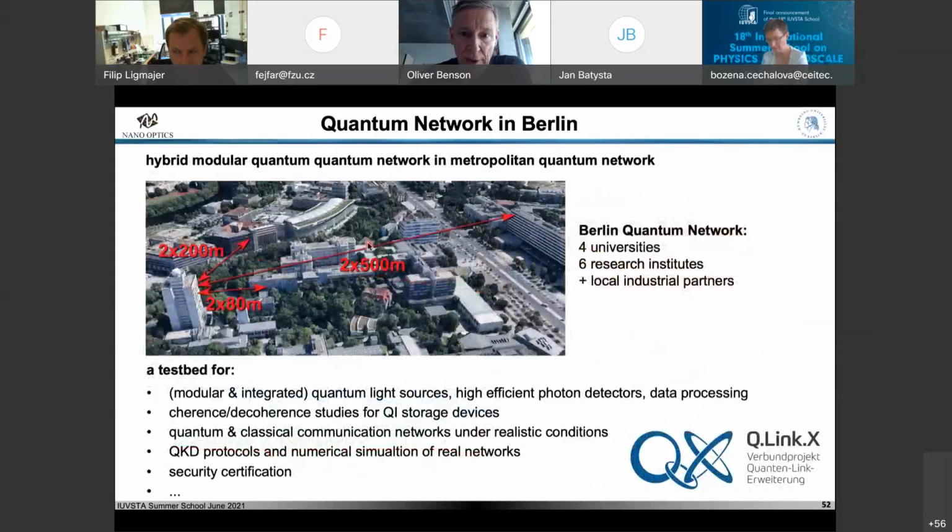And maybe another view here, that's the campus in the city center of Technical University, where we have a larger cooperation with, and also here's a building, telecom building is involved as well, and we can send around these photons, and we are building up these kind of networks. And there are also other places in the world where you try to build up these networks, and we are interested in these individual nodes where you have some stationary system like maybe a diamond system or maybe an atom or a quantum dot, and everything is converted to 1.5, then you send it around, and hopefully you can create entanglement or distribute entanglement and realize this QKD.